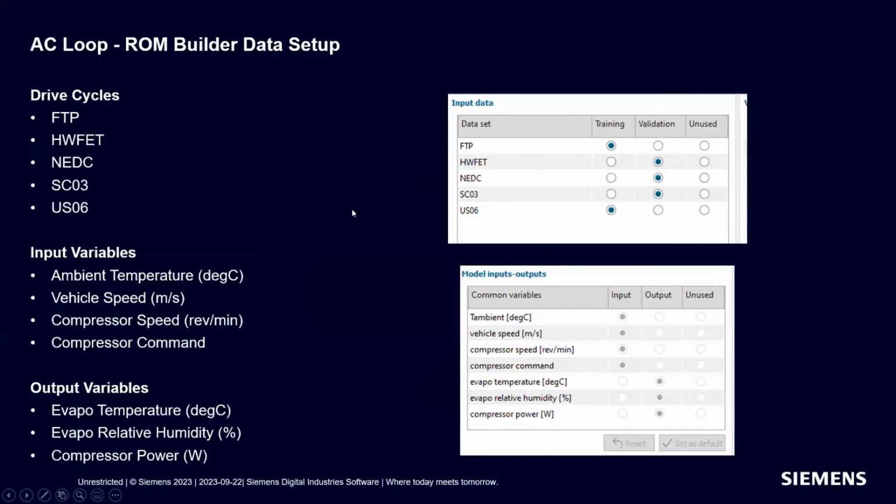So we ran these 5 different drive cycles, FTP, HW, FET, NEDC, SC03, and the US06, and those were run inside of our AIM-Sim tool set, saved out, and then just imported through that data import inside of that Simcenter Reduced Order Modeling, right? We knew that our inputs were different variables of temperature, speed, whether that was the vehicle speed, compressor speed, different commands to move that compressor to go faster or slower, right? And we got some evaporator temperatures, relative humidity,